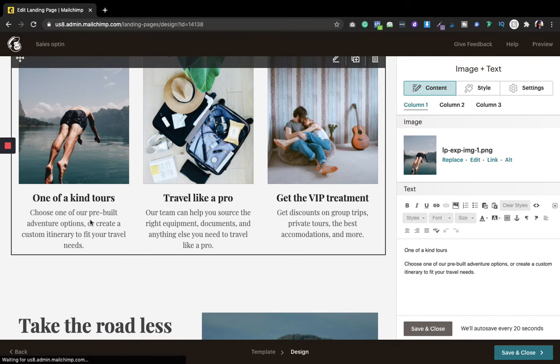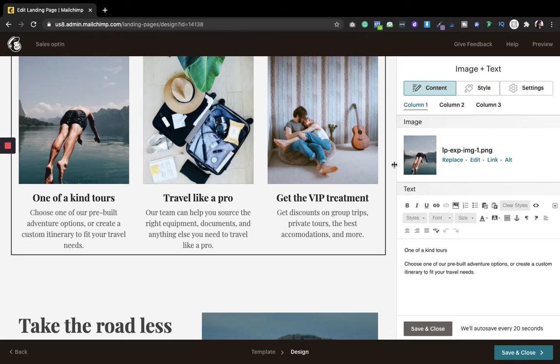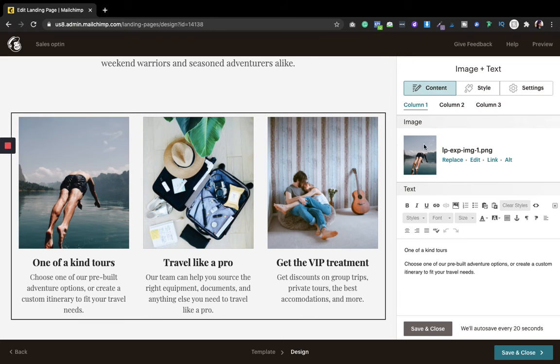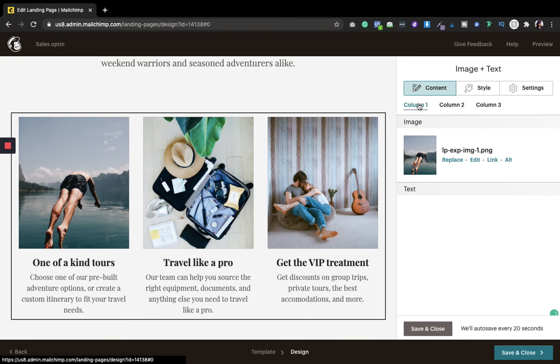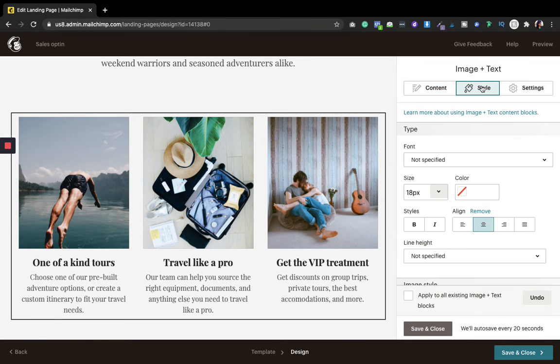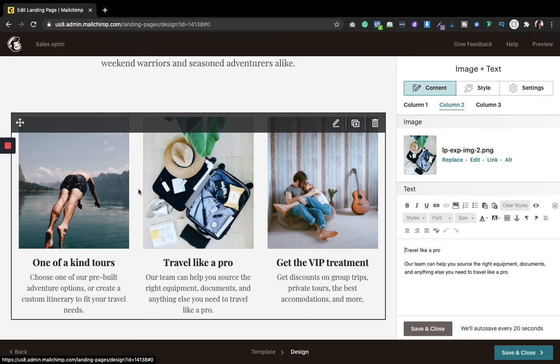For example, if this is the image I want, let's keep this image because it somehow matches my brand aesthetic. So yeah, let's get it into it. Image. Now this is the column 1, that's why it is showing me this image and this text, right? If I want to go to the style, to the column 2, it will show me this image.